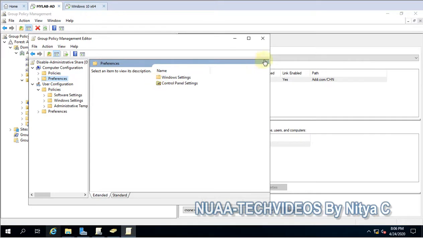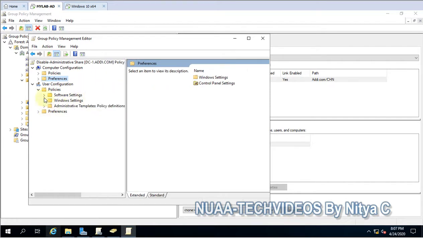If you want to disable it for the computer itself, you can go for the computer, and if you want it user based, then you can select the user. I am going with the computer only, because whoever logs into the computer, by default this admin share will be disabled.